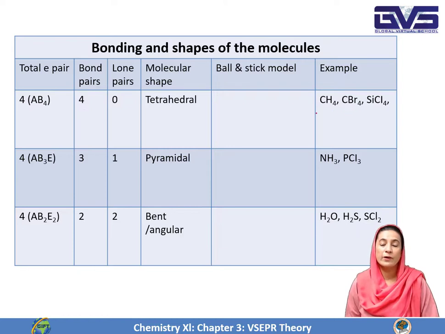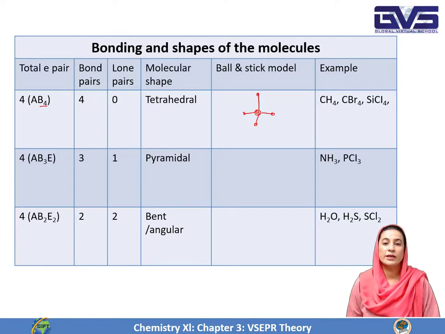What will be the shape? First look, this one is the central atom, carbon A, and this contains all the bond pairs. So these bond pairs have the minimum repulsion and the maximum distance. So their arrangement is like